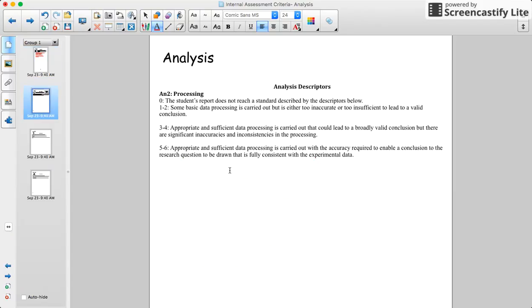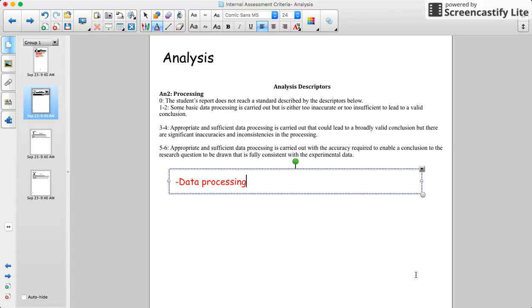Okay, strand two is processing. Appropriate and sufficient data processing is carried out with the accuracy required to enable a conclusion to the research question to be drawn that is fully consistent with the experimental data. This just means, if you planned on calculating activation energy or you planned on calculating concentration of something, that you've actually carried out all of the processing to do that. So this is where you're going to get graded on your calculations. So that's your data processing